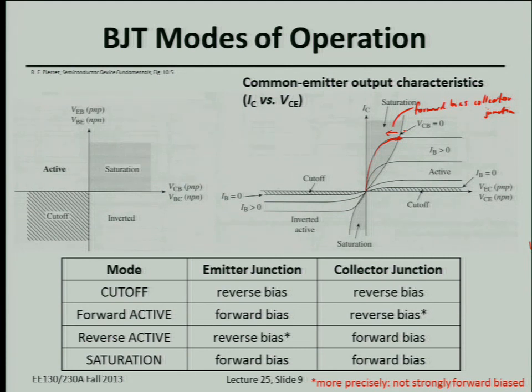So cutoff mode means that both junctions are reverse biased. If both PN junctions are reverse biased, then ideally only reverse-biased junction leakage current flows in any of the terminals. So for digital